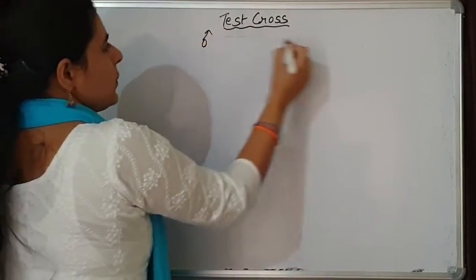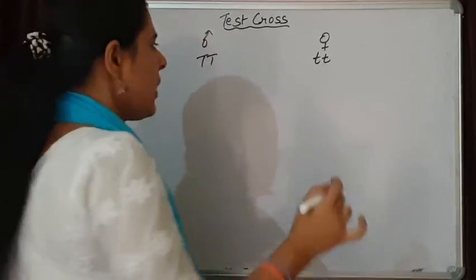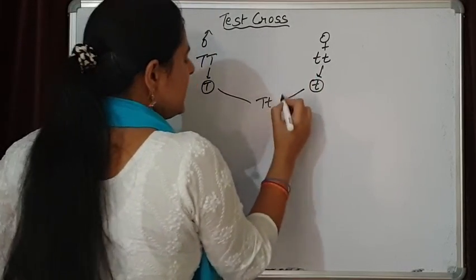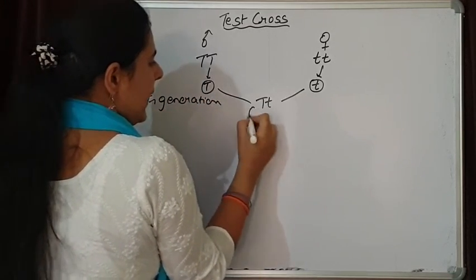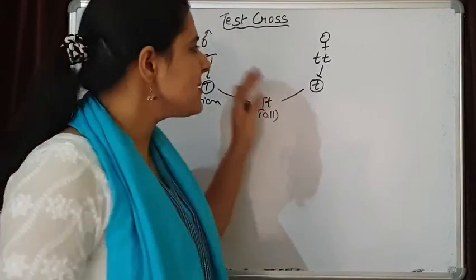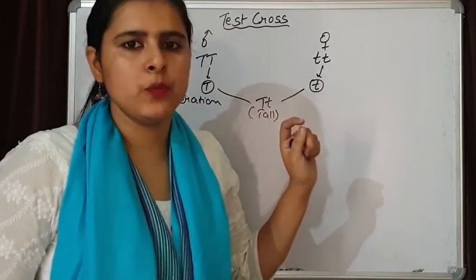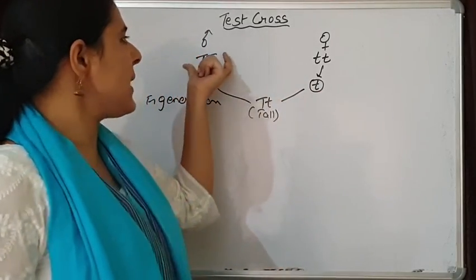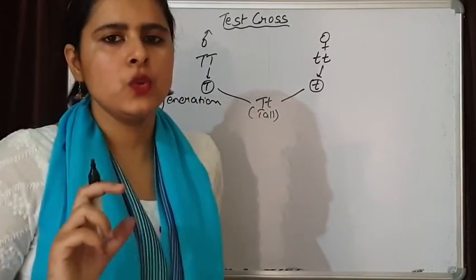See, to start with, what do we have? Two pure line parents, one tall and one dwarf. We have alleles in the gametes from these parents, and this is how we get our F1 generation. And all the plants were tall here. So we have reached up to here. This is fine, because we know the phenotype and genotype also. What happens if we have started an experiment and we do not know whether this plant is a dominant or recessive one? The test cross is done for those situations.